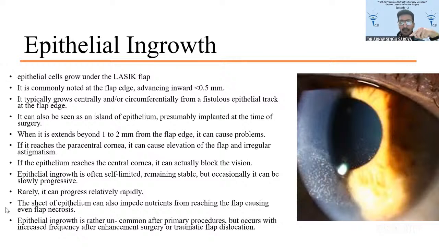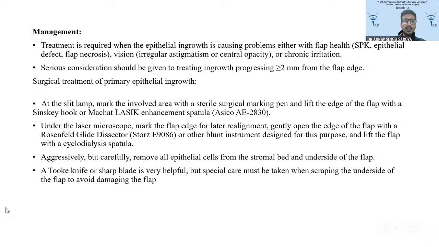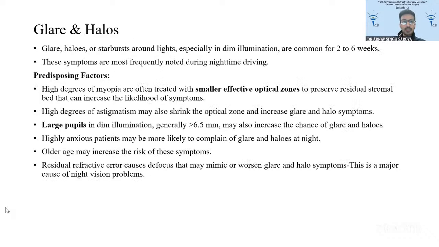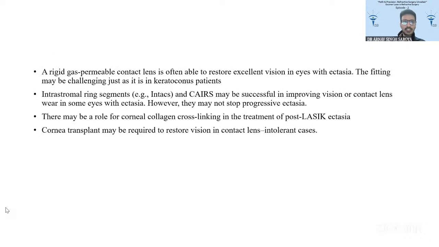It is commonly noted at the flap edge, advancing inward less than 0.5 mm. When it extends about 1 to 2 mm from the flap edge, it can cause problems, or when it is in the visual axis. Management includes when it is causing significant issues with the visual acuity, and serious consideration should be given if the epithelial growth is more than 2 mm from the flap edge. Glare and halos, corneal ectasia,